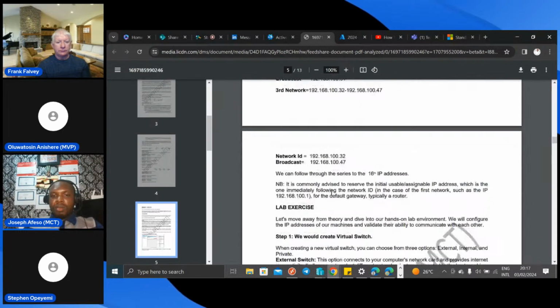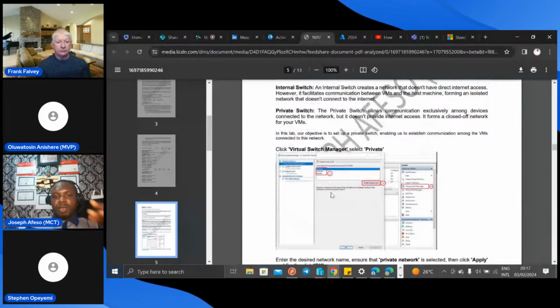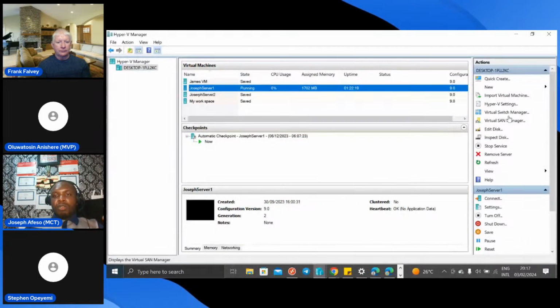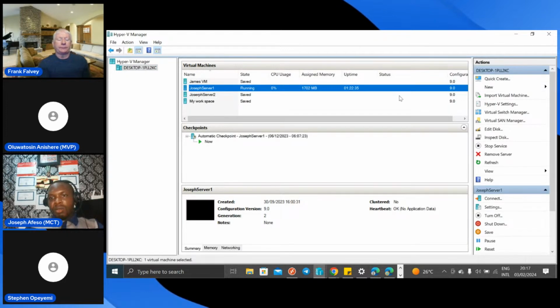So looking at the lab itself, the theory should be over by now. In an on-prem environment, you have the option to use, for example, Hyper-V. So if you come to Hyper-V hosted, or if you turn on your Hyper-V and bring it up, right here you will see a lot of things happening. If you come down to this place, there is a lot you can do here.